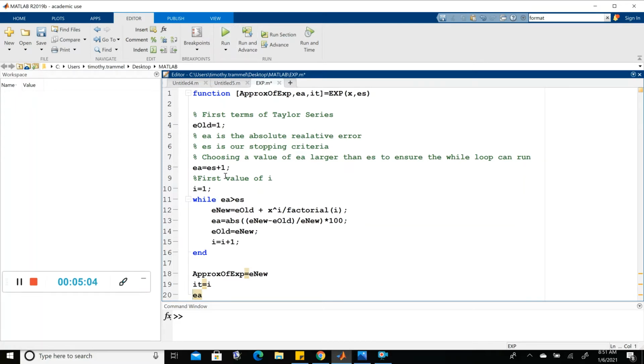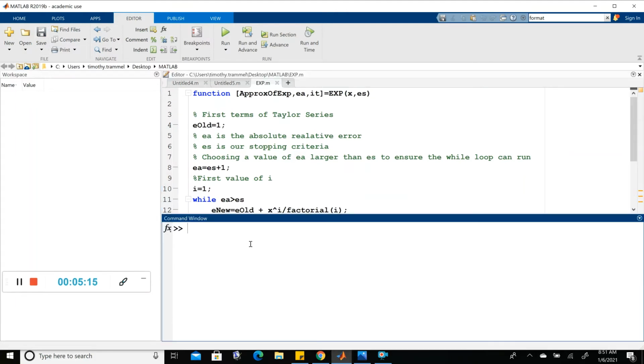And I said let's run it, but one thing I did mention the other day is you can't run a function. We just need to save it, and we can then use the function. So how about we try to find e to the 1 here. Okay, and it looks like we ran into an issue. We don't have enough input arguments. Because remember, I'm supposed to actually input more than just x. I also want to input